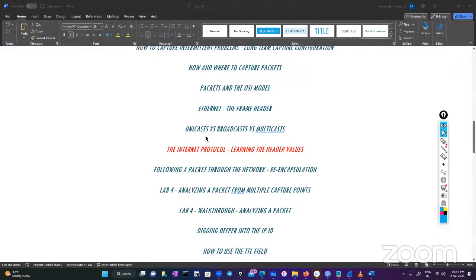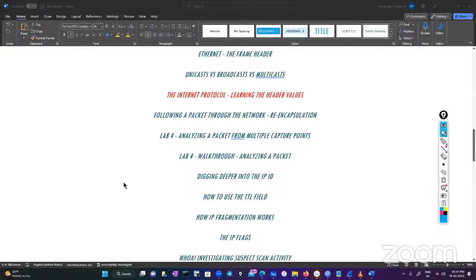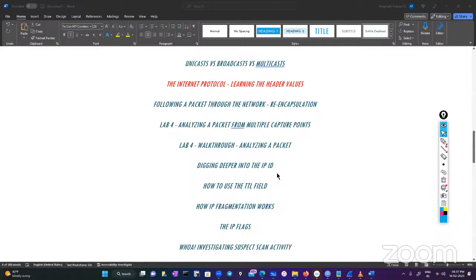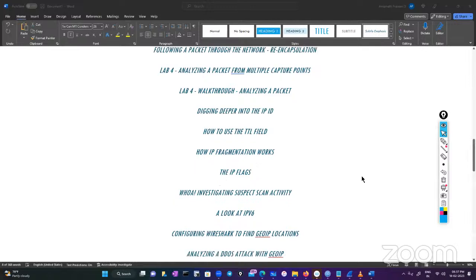Then we'll see how we can differentiate unicast, broadcast, and multicast packets in Wireshark. And this is about layer 3: analyzing multiple capture points and analyzing a packet, digging deeper into the IP ID, which we defined earlier as the identification number, and how to use the TTL field. As I said yesterday, TTL is very important, and it is where you can find whether routing is really happening or not. If your TTL is not decrementing, then there is a problem with the routing. And how IP fragmentation works,